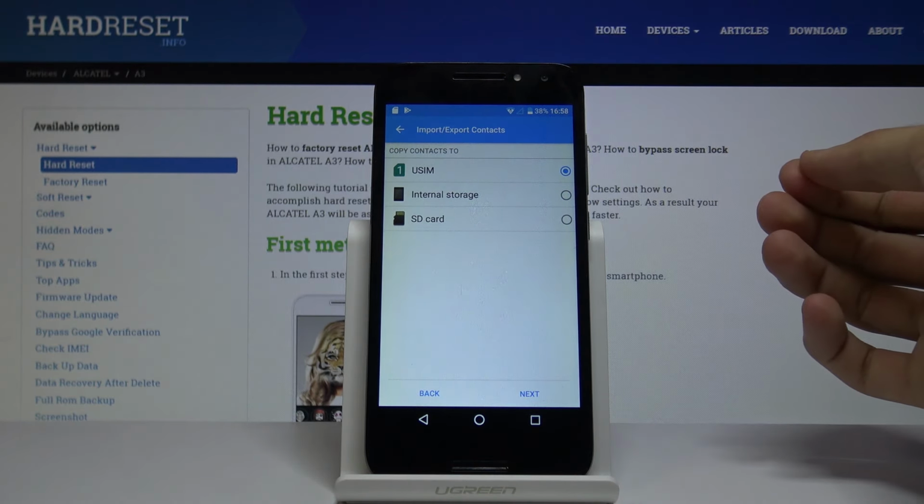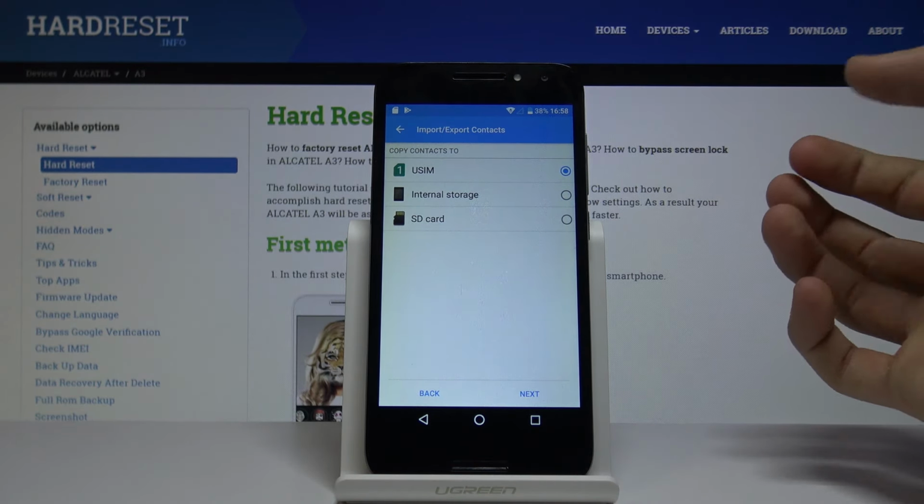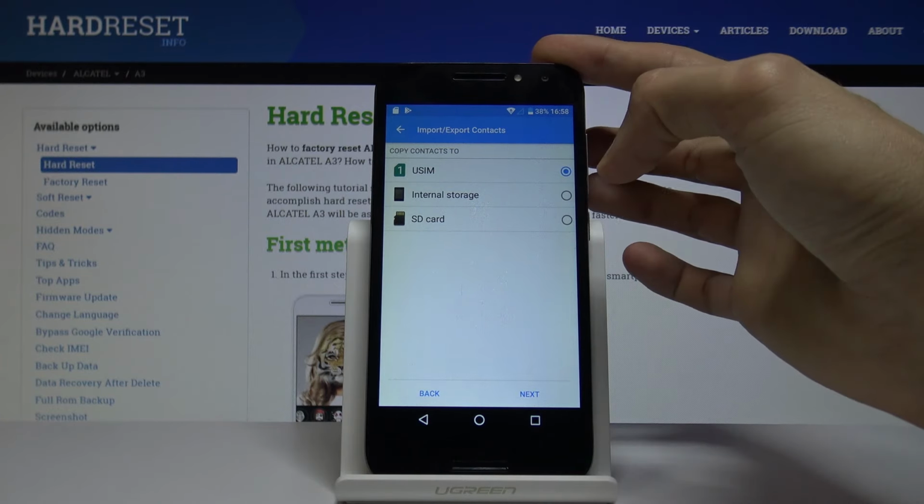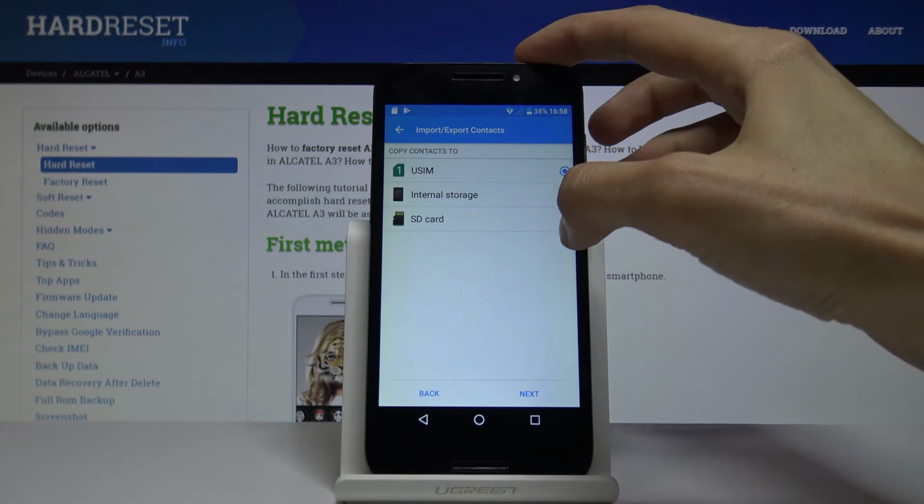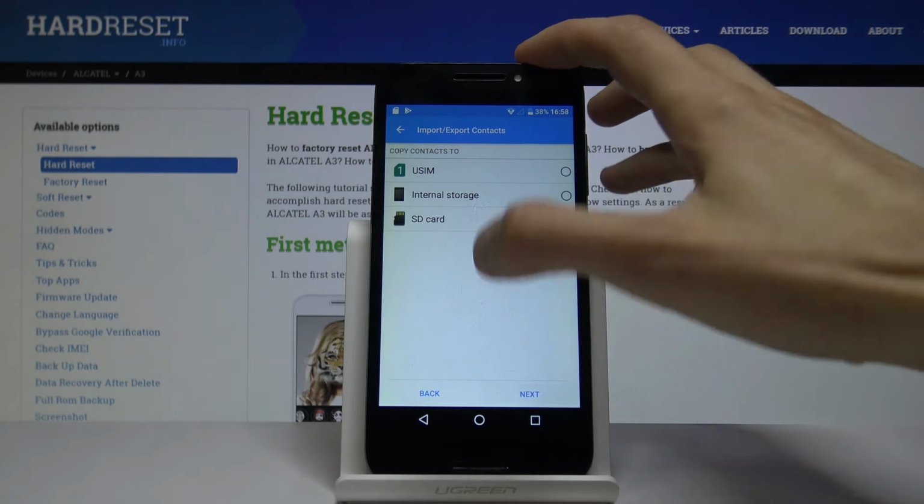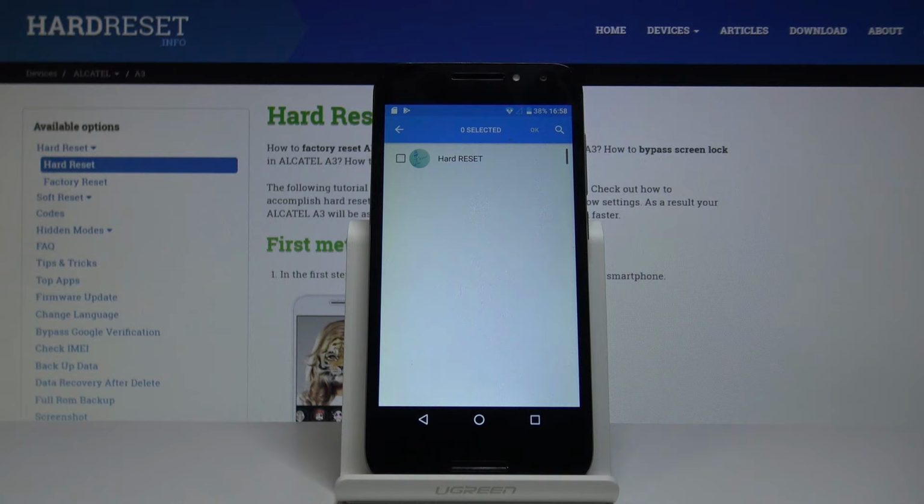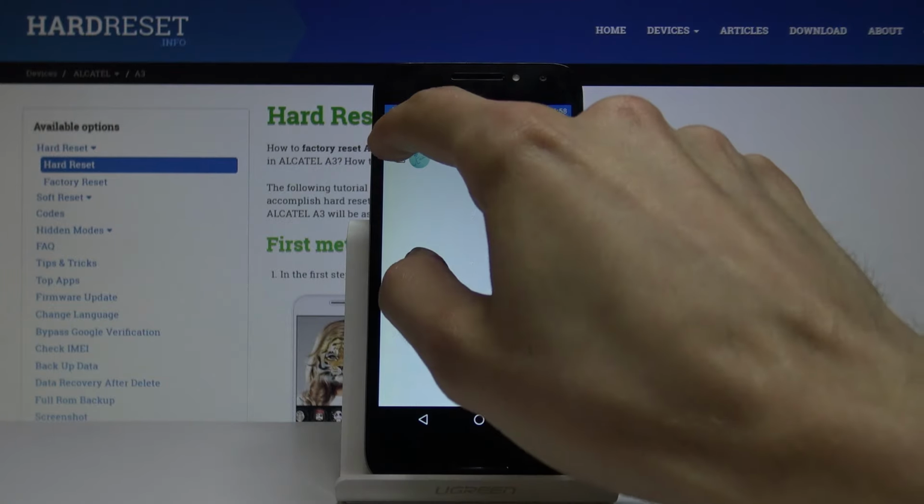Then tap on next, copy contacts to, so select where you want to copy them. So we can copy them, let's say, to either SIM, just the phone itself, or SD card that is in the phone. And then you have the options to select what contact you want to copy. So I guess on the phone there's only one contact, so they were located somewhere else, but you just do